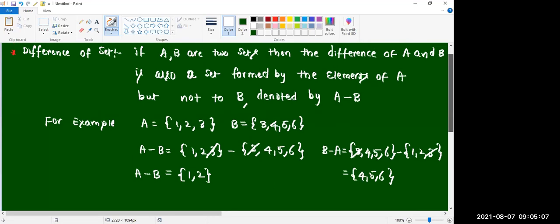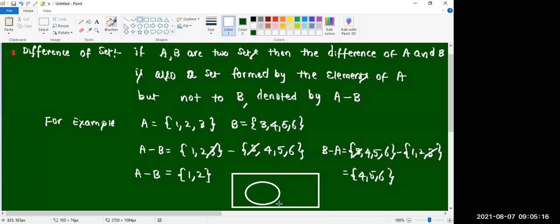Okay? We'll write a Venn diagram for this. Why should we write a Venn diagram for everything? Actually, we can represent the relation between these two sets in diagram form also. If you write it, easily we can understand whether they are disjoint sets or not. All possibilities are there. You see, a common element is there. What is the common element in both? 3. 3 is the common element in this case.